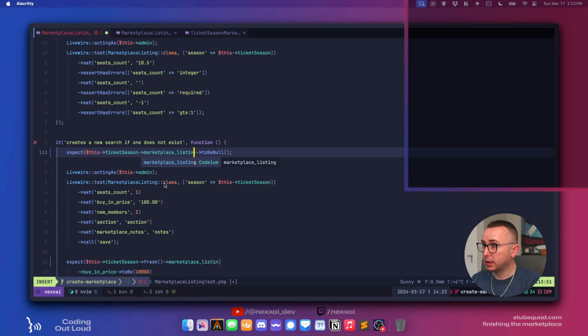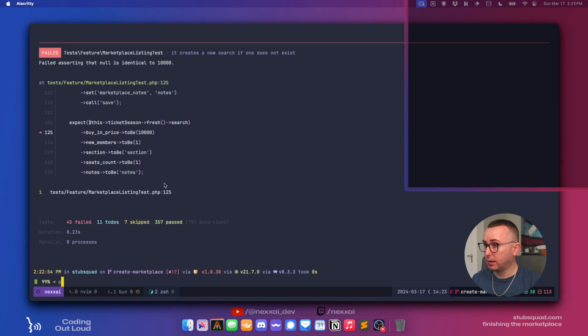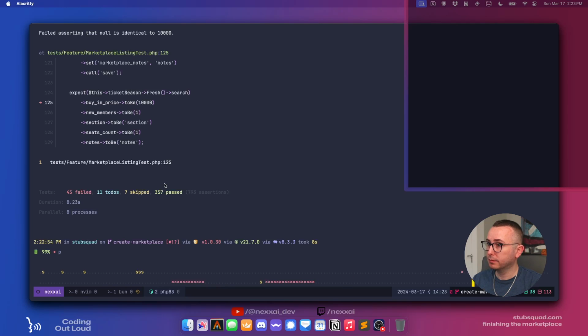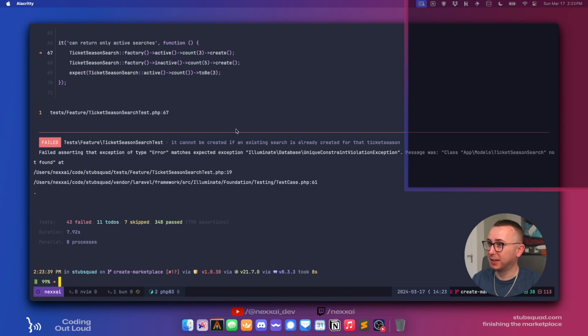Marketplace listing. Let's see what else we got. So we have 45 failed tests right now. Let's see how many we fix. 43. Okay. Ticket season search test.